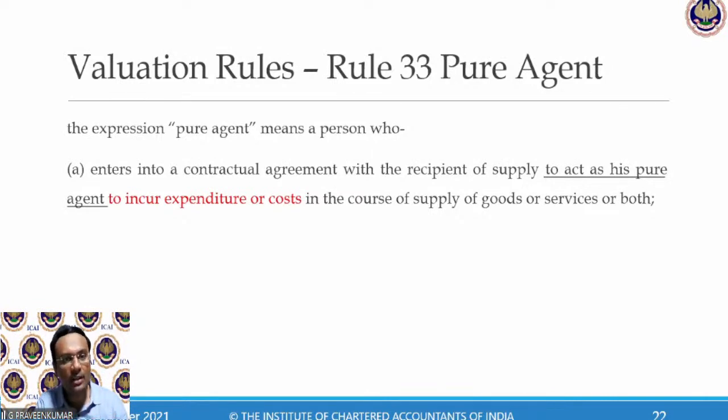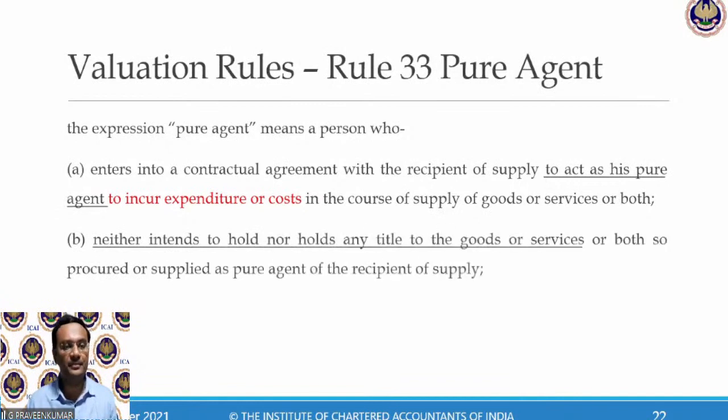Now, when we read this clause A, take the example of this chartered accountant service. As a chartered accountant, I tell the client, look, I'm going to file your ROC documentation. I am going to spend some money. You are going to pay me back. Now, I am telling that as per the contract. Now, contract can be written or verbal. So, as per the contract, I am going to incur expenditure or a cost, in the course of my supply. Further,